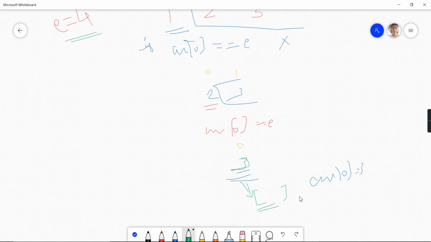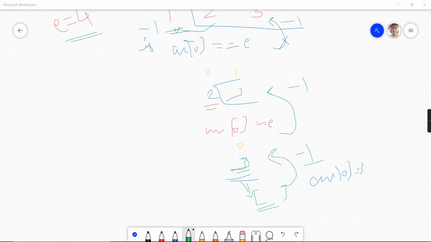So recursion will just simply return -1, and this will be returned to this, and this will be returned to this. Whenever we get -1 from recursion, it means we did not find the answer, so we will return -1. So basically this was the case when we did not find the element in the array.